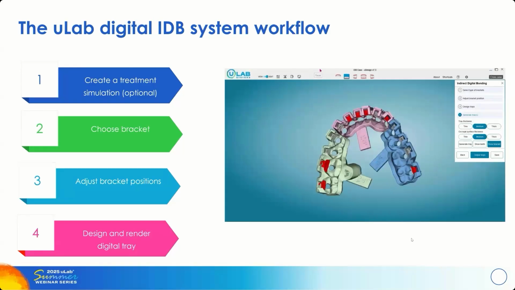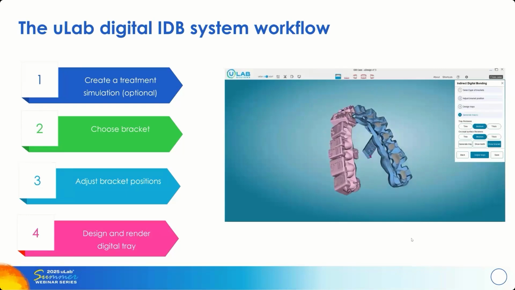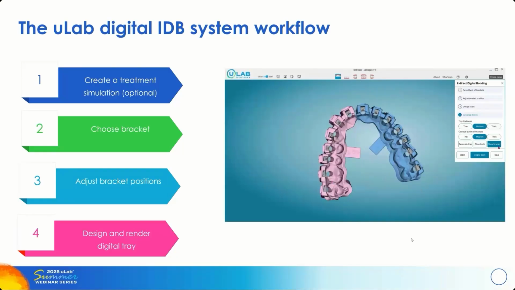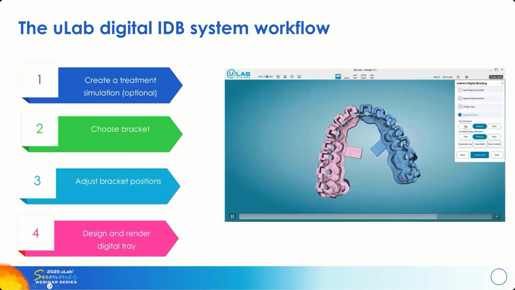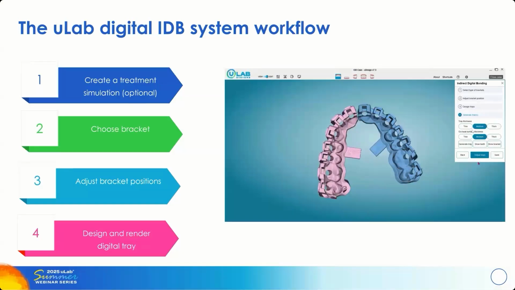And if you look at the actual tray, you can look at the bracket inside them, and all the parts that we have on those. You can also define the thickness of the occlusal part of your tray. You can do it right in here, and you can also define the thickness of the tray. So if you prefer a certain type of tray, if you like it to be thin or thick, you can modify those. So there's a little bit of an adjustment on that,